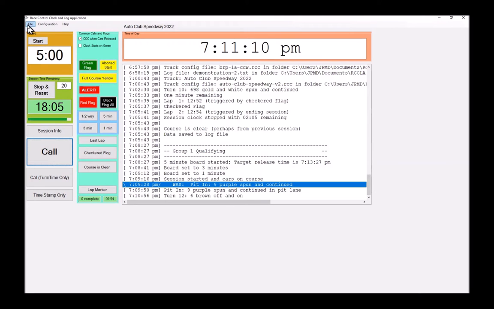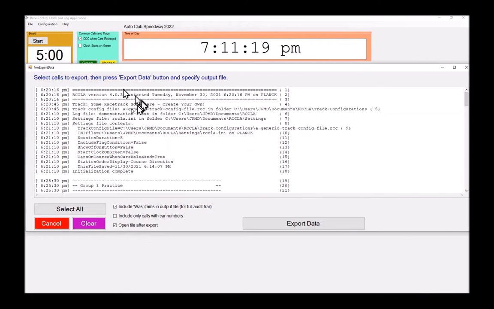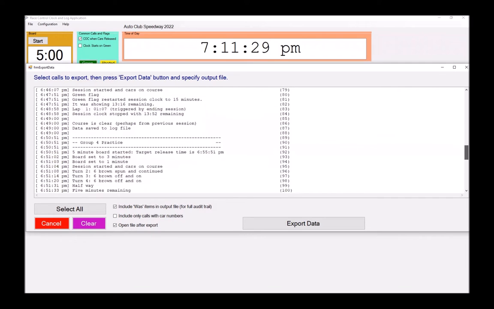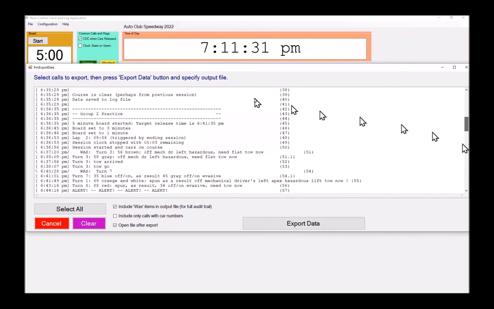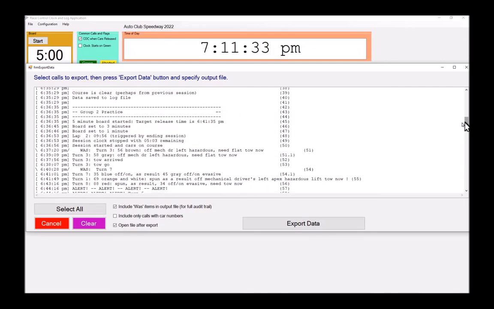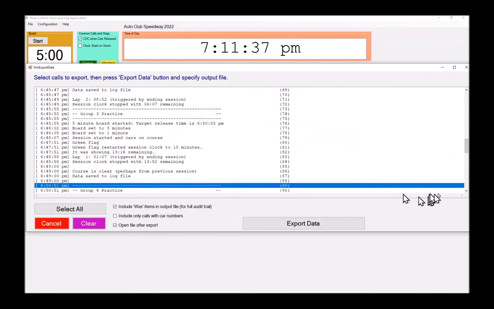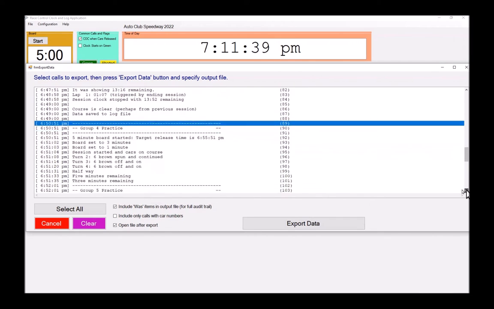To do that, I go to File, Export Selected Calls. I click that button, and now I see that same list of all the calls in a separate window. And here I simply scroll down to Group 4 practice. Here's Group 4 practice and where it starts. I scroll down a little bit more,